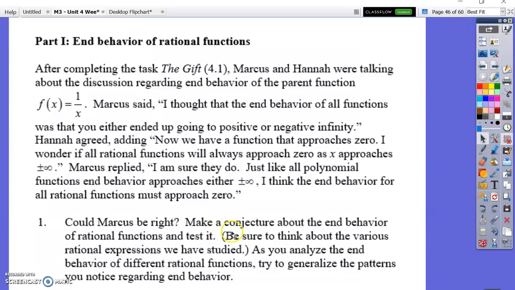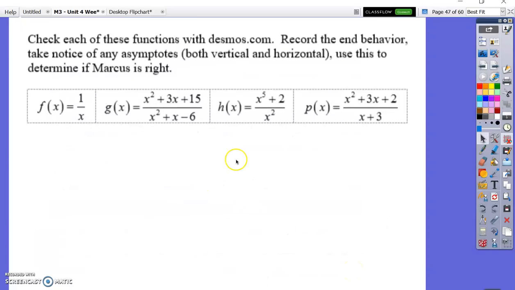We're not going to do that right away, but we're going to think about various rational functions as we analyze the end behavior. We're going to try to generalize patterns we've noticed. The first thing we're going to do is I've given you 4 functions, and we have the parent, and then these other 3. Now, I want you to look at what's happening here. This one, the degrees of the numerator and denominator are equal. This one, the numerator is greater, and then this one, the numerator is also greater, meaning all 3 of these are,